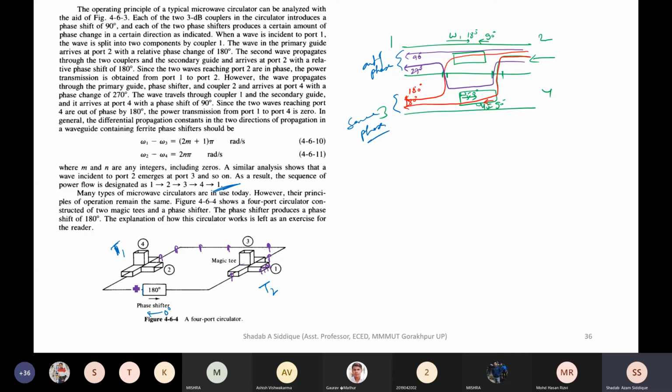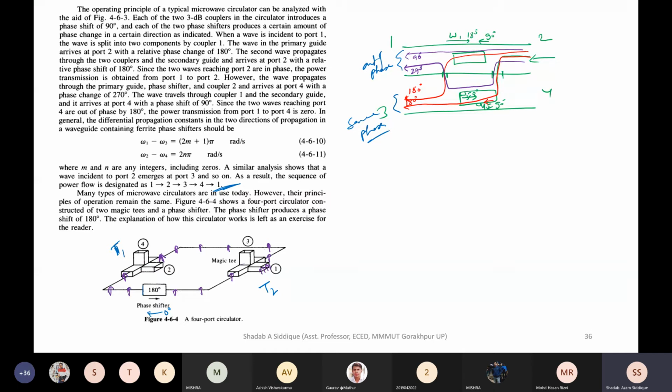At this port, the collinear arm, again, it is coming this way and we are going in this direction, so that will not be 180-degree phase. That will be 0-degree, so that will not be rotated, so same phase. So when the same phase comes, this same phase will come here. And this will come to this side or this side.